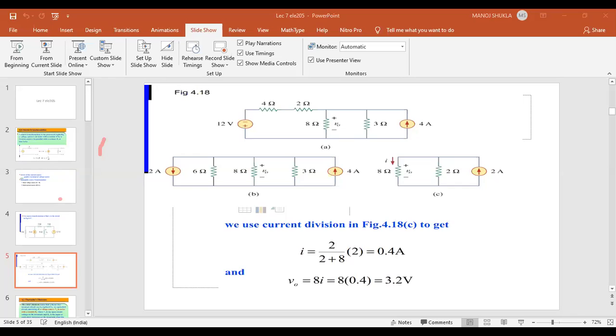Let me give you a question which you can solve. After that, we will go for Thevenin's theorem. If you have a doubt, you can ask in between. Thevenin's theorem we will start in the next session, and this will be finished in 5 minutes.